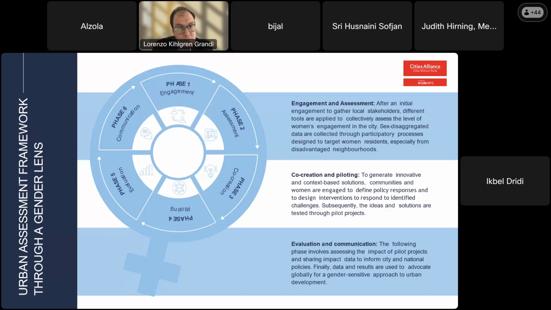Next, we assess the level of women's engagement in the city using tools such as focus groups, surveys, individual